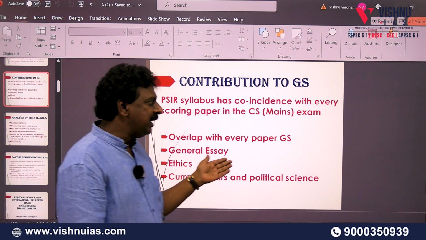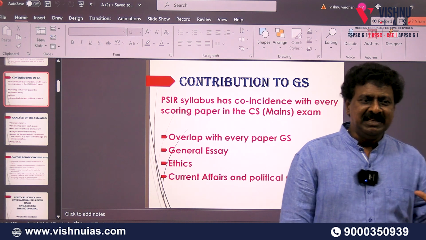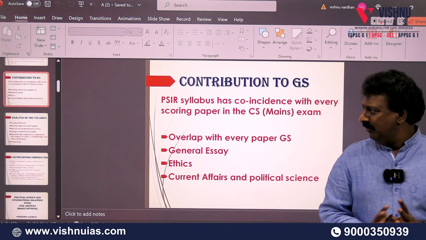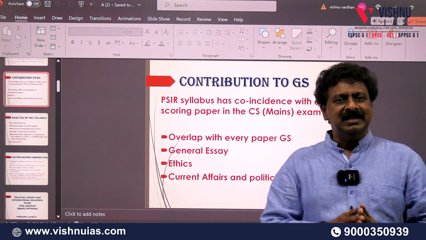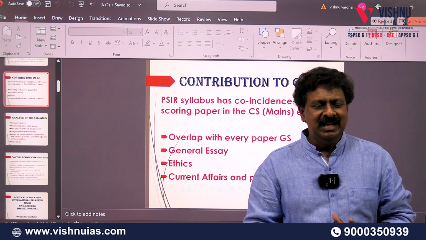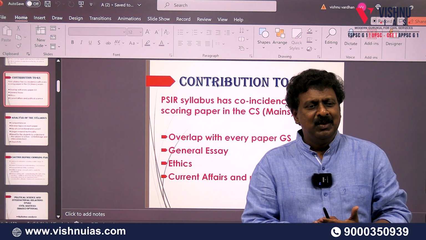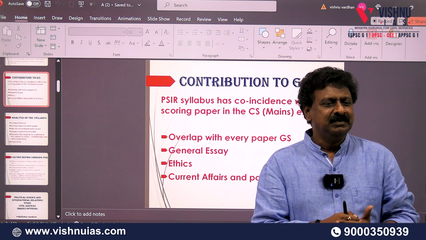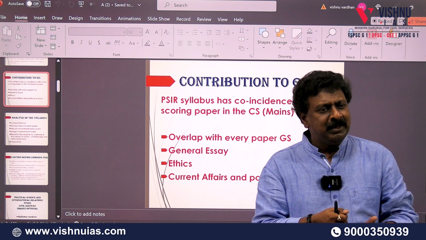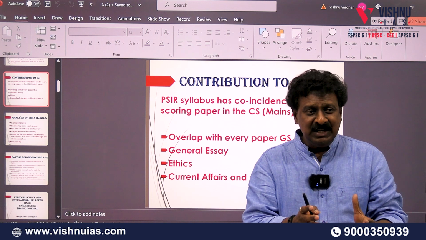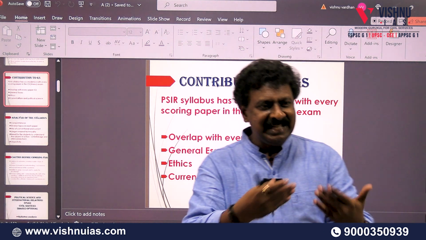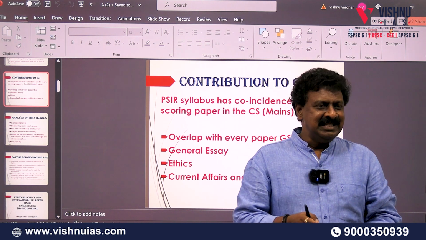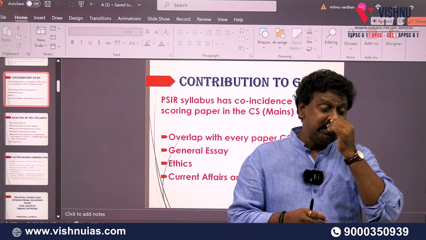So political science can be a good option to pick up for the civil service examination. Today I wanted to give an overall view of how political science is as an optional for civil services: the nature of its performance, and why political science has become so popular. Today, as I told you, political science has emerged as the most popular optional, looking at the number of candidates taking the mains examination with it, the highest number. And it is able to show a very good success rate owing to the volume of students taking political science.